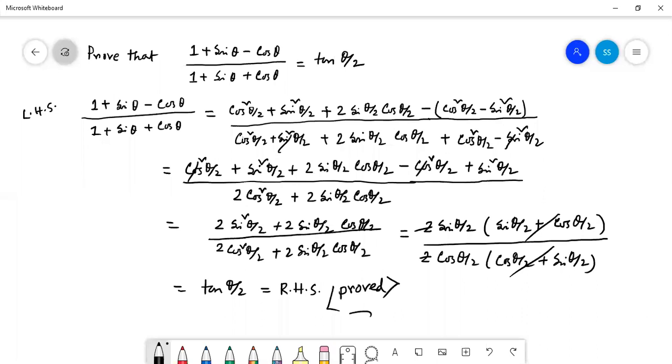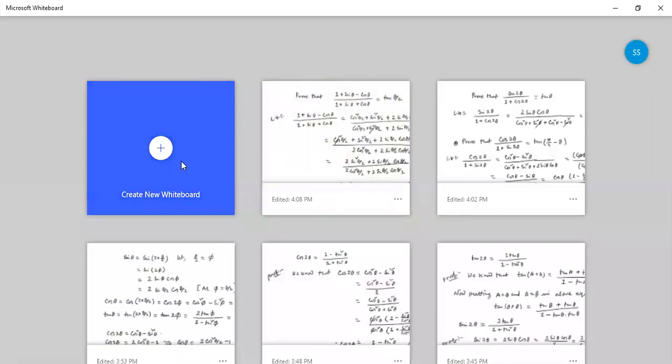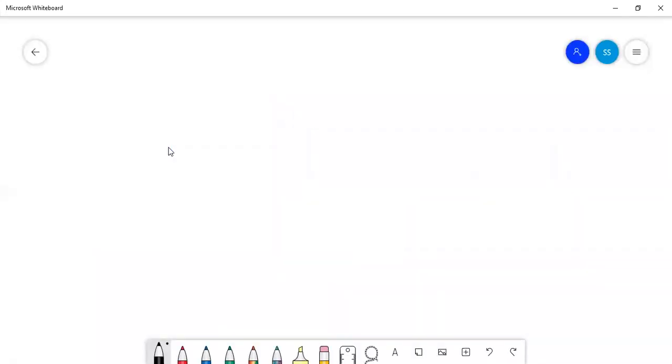Yes, sir. Okay, so this kind of identity can be given in your semester exam, so that you have to prove this, right? Your given identity always indicates what to do. Look here, why are we going for the submultiple angle? Because the left hand side is the multiple but the right hand side is the fraction of that. So we have to go to the submultiple angle, so we are using the formula for submultiple angle. Clear? Your task will be very easy when you look at the given problem very carefully. There must be some indication of what you have to do.